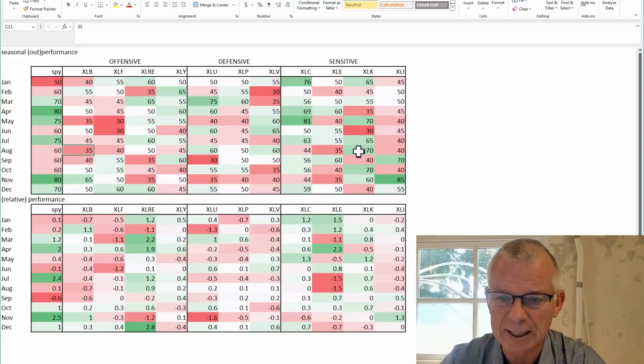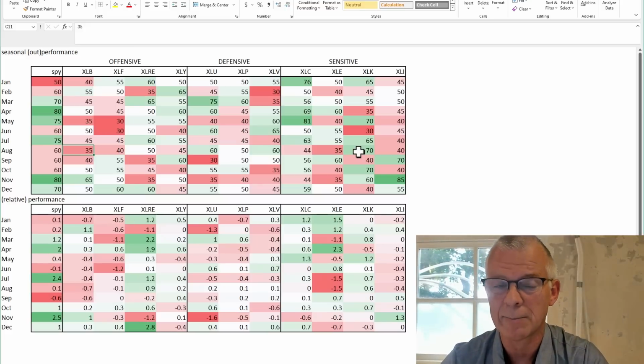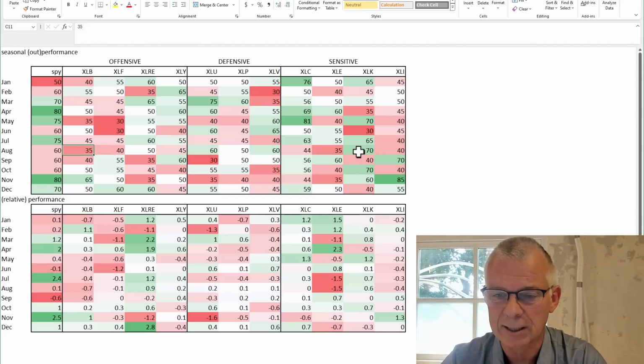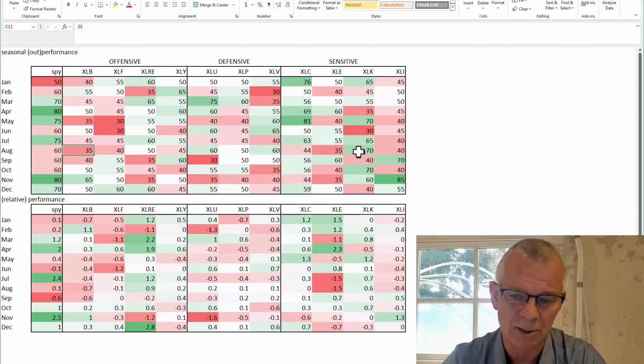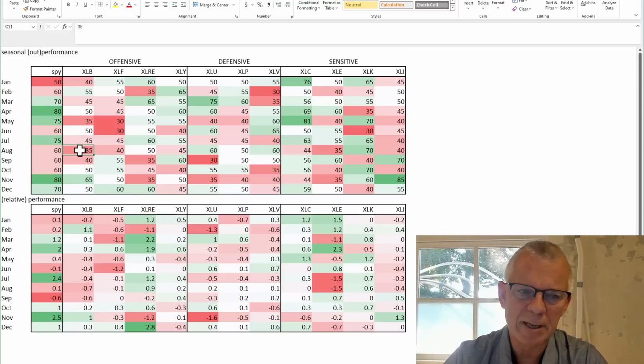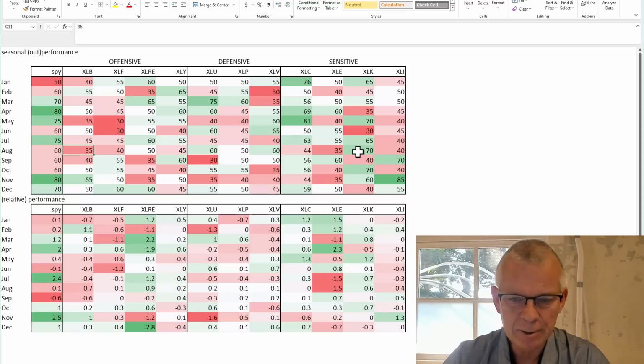And technology is actually standing out with 70% of the time outperforming the S&P 500 in the month of August. Well, we're going to look at the chart and I can tell you already that that's going to be a challenge. And then industrials is at 40. So where we may have some opportunities is probably staples and energy from a negative point of view, and technology from a positive seasonality point of view. We're going to take a look.